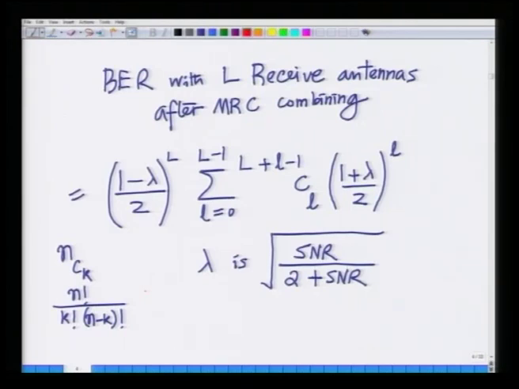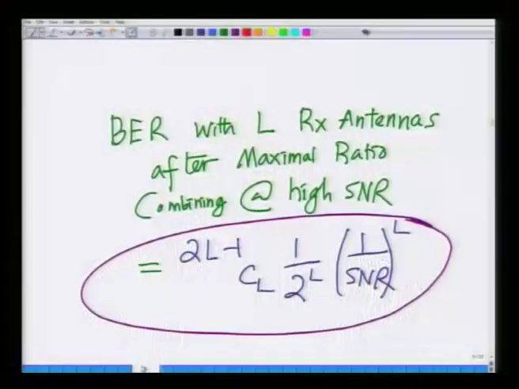It is albeit a slightly complicated expression. We simplified this expression further and we said at high SNR the expression for bit error rate is given as 2L minus 1 choose L, times 1 over 2 power L, times 1 over SNR to the power of L. That is the bit error rate at high SNR with L receive antennas. As we can see, this bit error rate decreases as 1 over SNR to the power